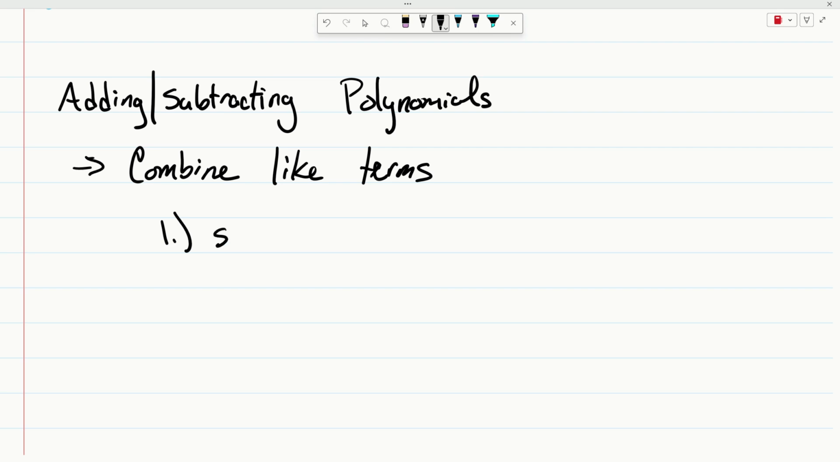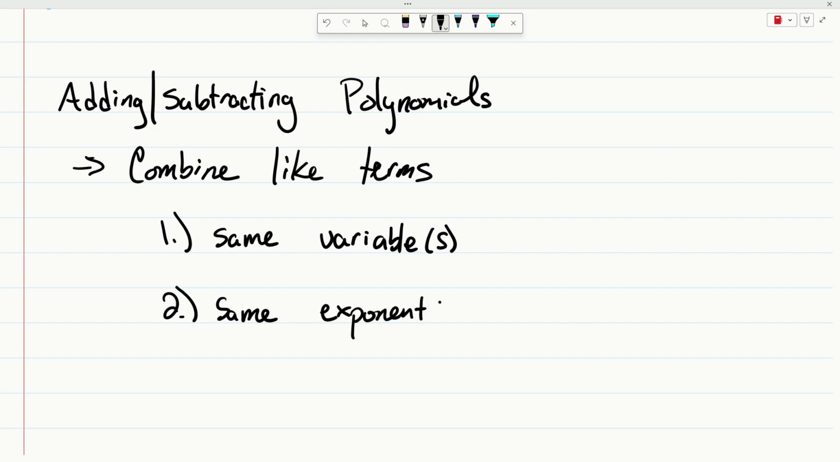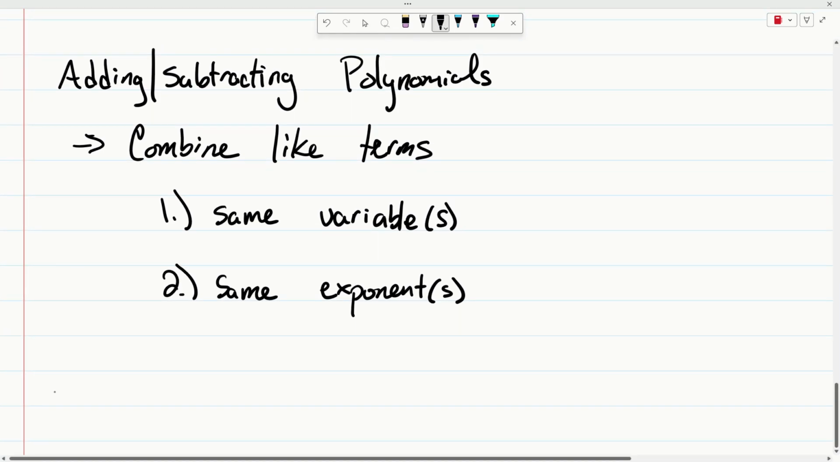First check, you better have the same variable or variables. And the second check, and this is the one that I think sometimes we forget, you also have to have the same exponent or exponents. So for example,